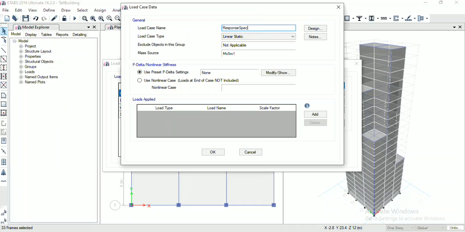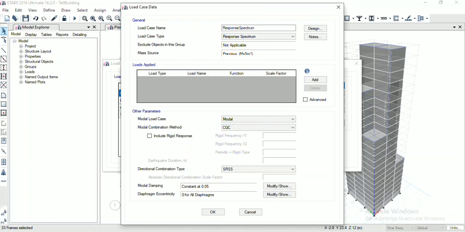Load case type as response spectrum, and now click on add. It should be acceleration, load name as U1, and function as response spectrum. Now we will calculate the scale factor using the formula Ig by 2R. By calculating it, the value is 1633.5.